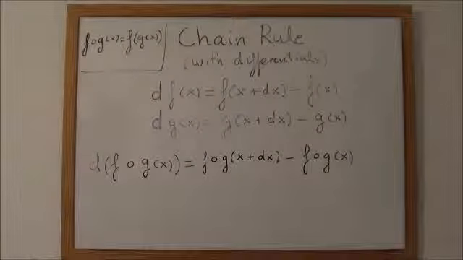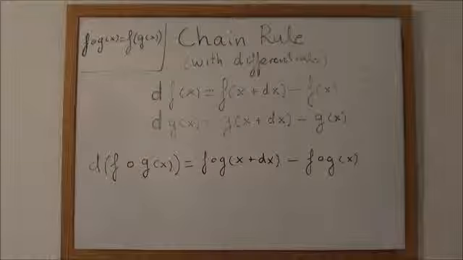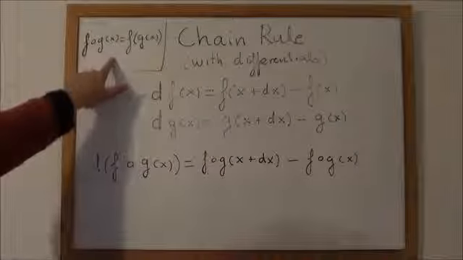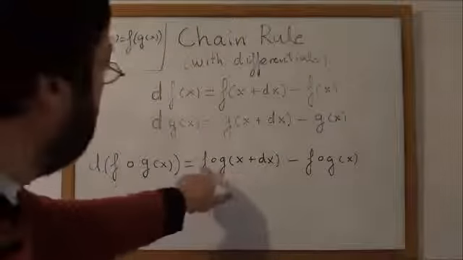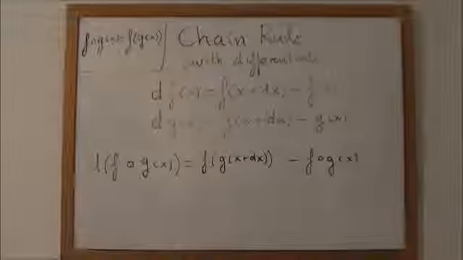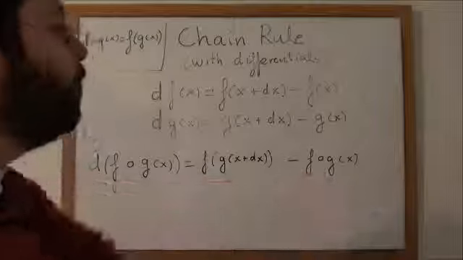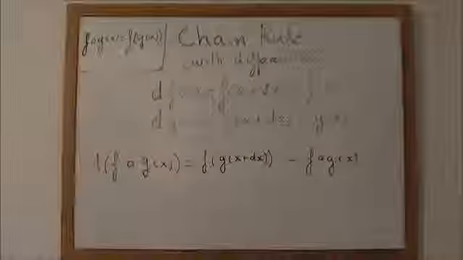Applying the definition, it would be f composed with g of x plus dx minus f composed with g of x. Or, applying the formula we saved here to this, we get, and here we apply the formula and we get,